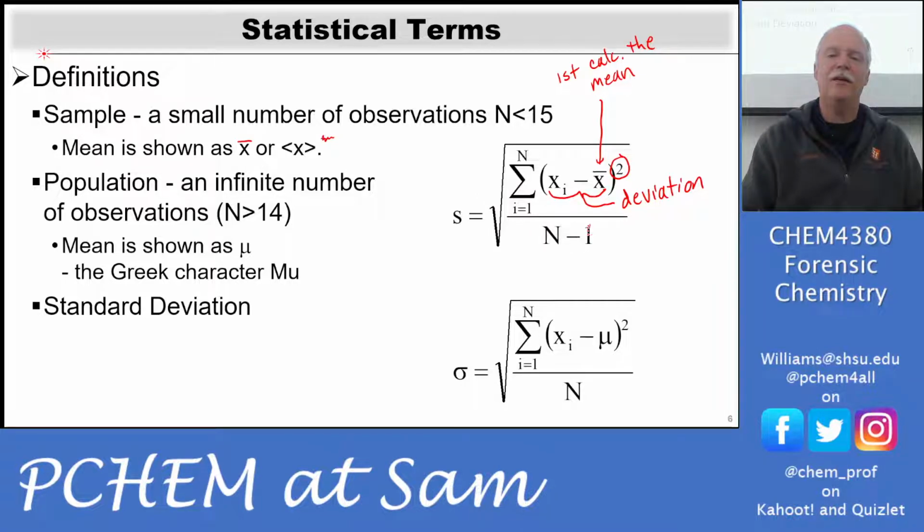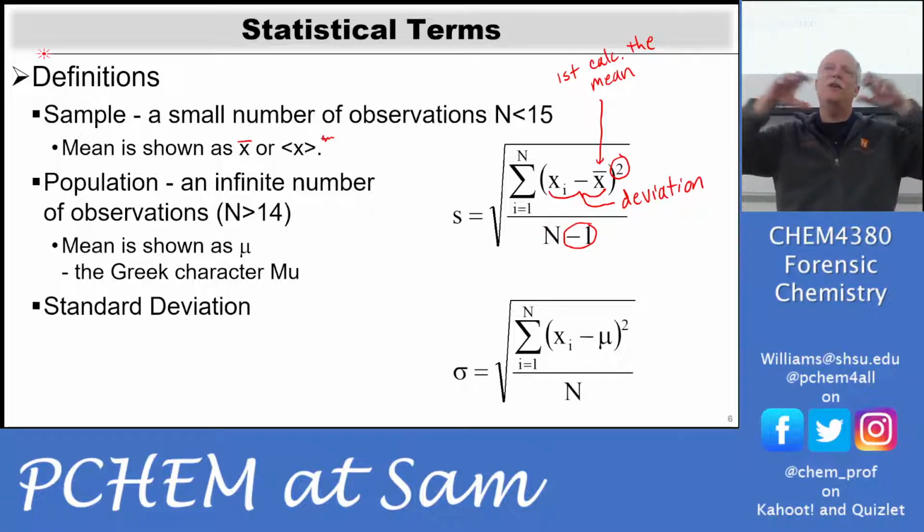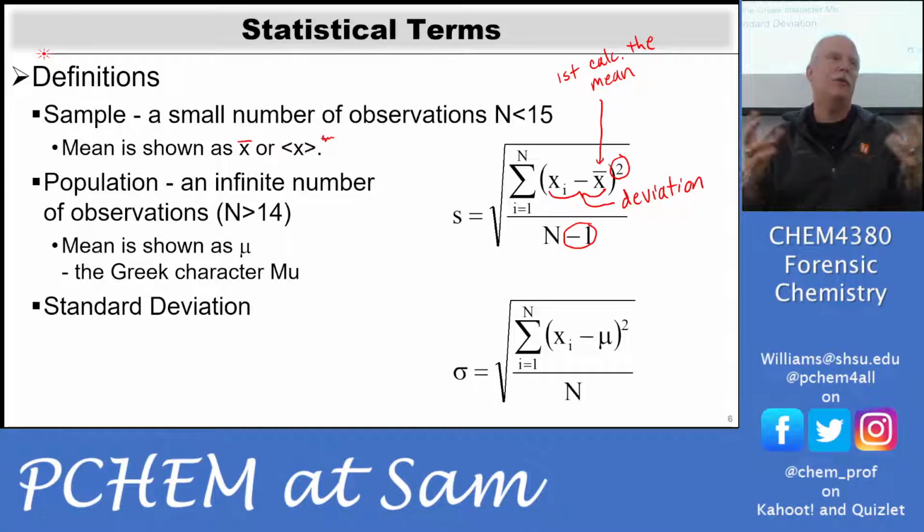But we have this -1 in here, so we'll talk about that in a second. Essentially we're taking the average. Do you see that's an average? You have a bunch of numbers, you add them together, and you divide by the number of numbers that you have. Okay, and that's what we mean by standard, right?